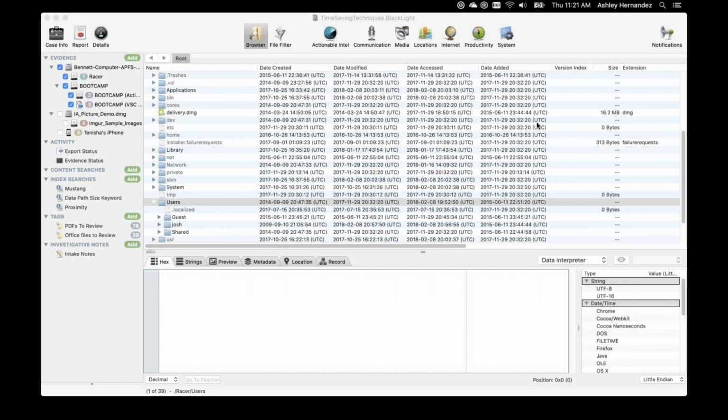You could export those because they're single files, but say you're looking for data that was parsed out of an index.dat file, that is not going to be exported currently in the logical evidence file. We would end up exporting the index.dat file or the whole PST at this point. So we do know that that's a request, and we'll be looking at that a little bit later down the road.